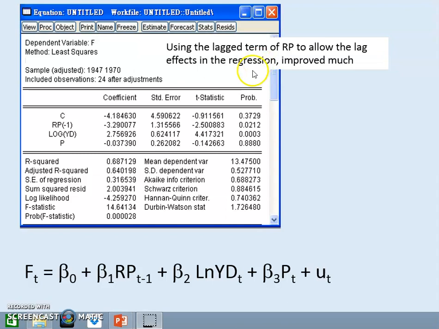Lag terms mean a time frame before. If we use lag 1, t minus 1, it is the relative price of a year before. So we might expect that what we respond in this year depends on the relative price of previous years. So when we include in the model the relative price of lag 1, the previous year, then we have this